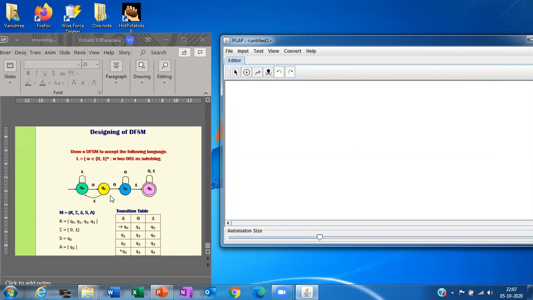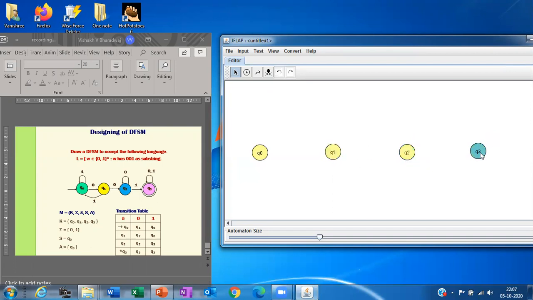I have to draw this diagram now, the DFSM design. So click on this. How many states do I have? 1, 2, 3, 4. So 1, 2, just one click, 3, 4. After this you can arrange however you want. Let's say I click on the selector, then bring it wherever you want. It's all your wish. However you want, you can bring it here.